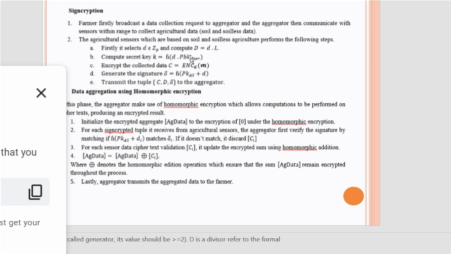See here, they are computing a hash function. That is not a small operation. They are performing encryption. That is also not a small operation. Again, they are computing a digital signature. That is not a small operation. So that's why there are four operations on the sender side.